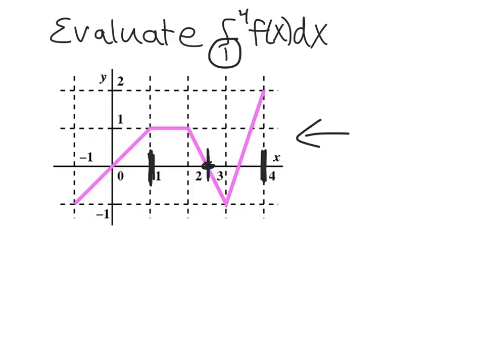The way the line goes, the slope of the line is -2. So if we go down 1, we're going to be over here at 2.5. We have to pick that point because that's where the graph crosses the x-axis. So from 1 to 2.5,